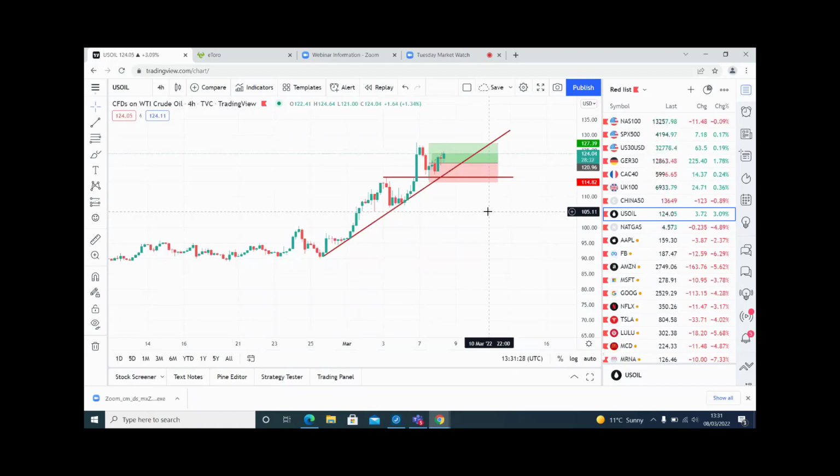We had a support and resistance, which was there, bounce and retest. We had a trend line, 1, 2, 3, 4 touches. At the present moment in time, that's probably as good as a trade that you're going to get. The difference is now what do you do with it?